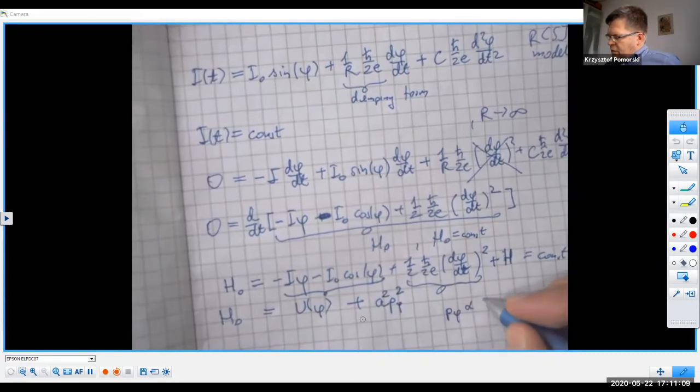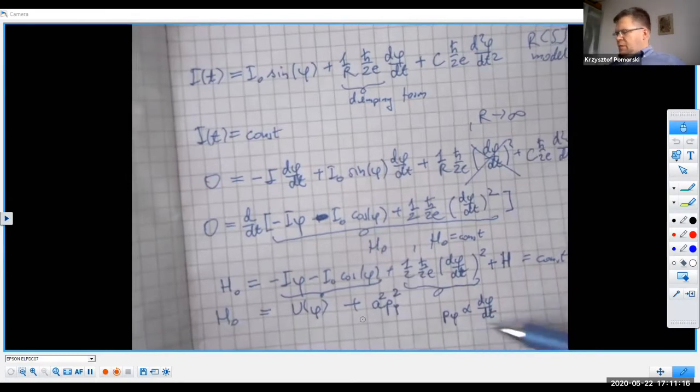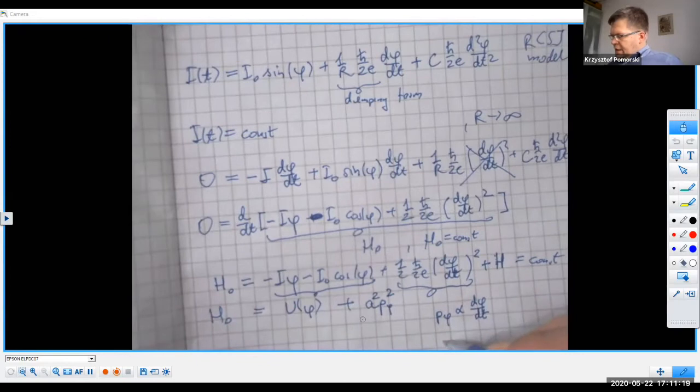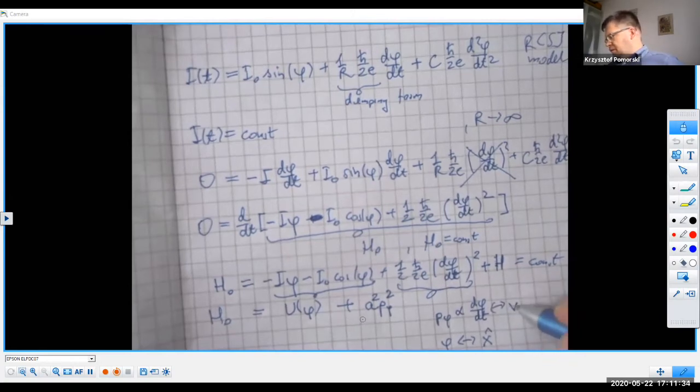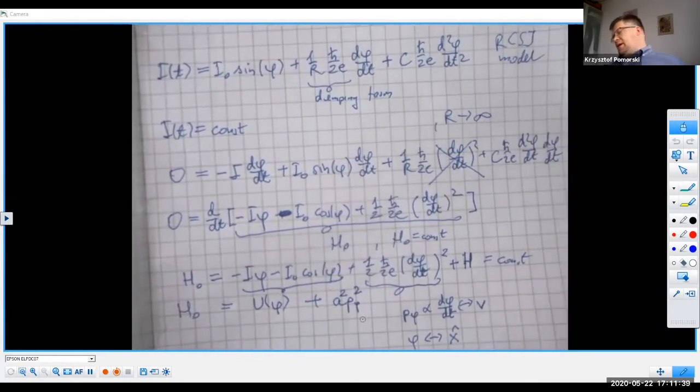this momentum is proportional to this phase difference velocity. So this is our proportionality, and then this guy corresponds to our position in the harmonic oscillator. This one corresponds to some velocity. Okay. And then there is an idea how to go deeper into quantum equations of motion, because what you see here is that